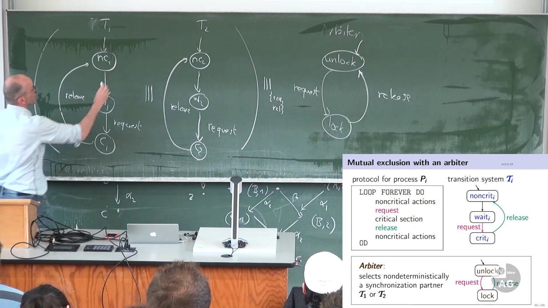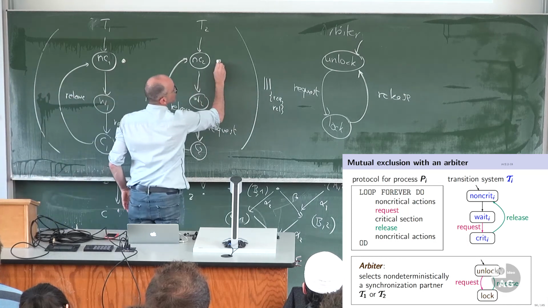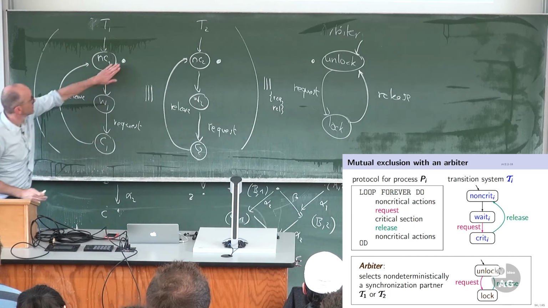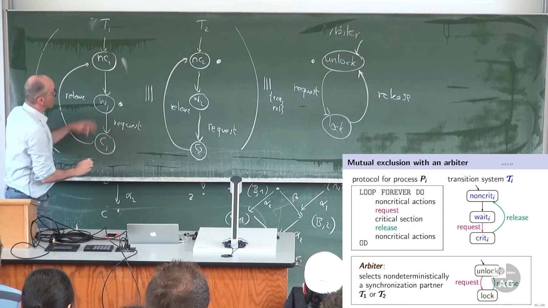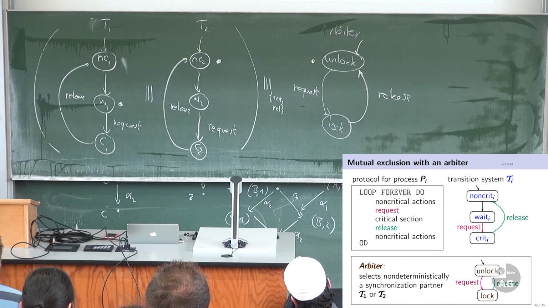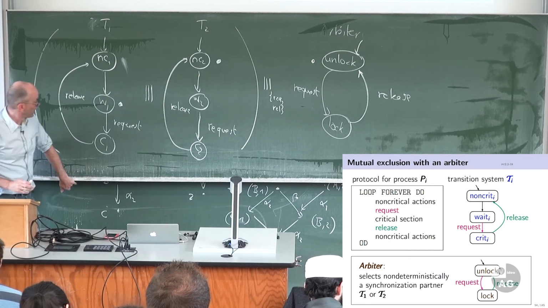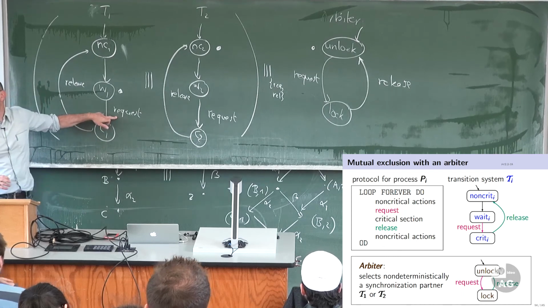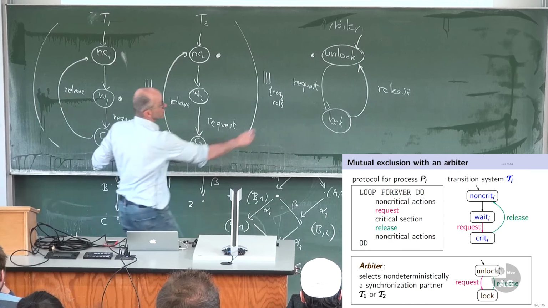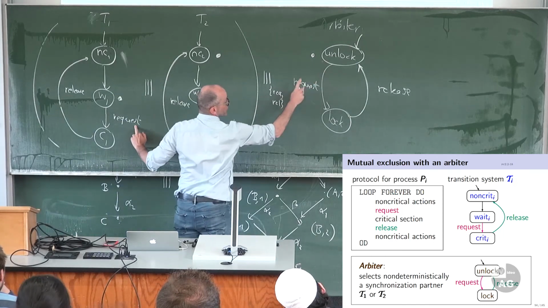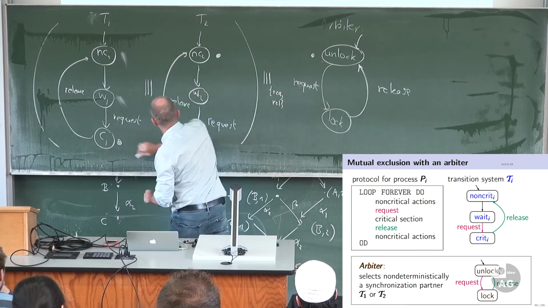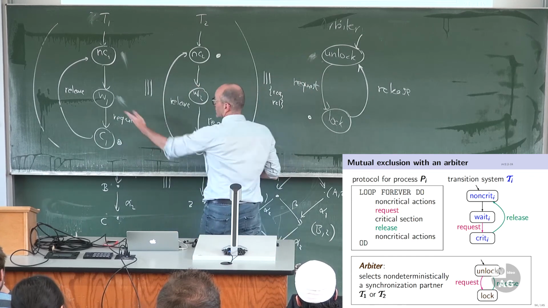So what you see is we start here. Now suppose that the left process starts waiting. It moves there. It can do this autonomously, right? There is some action here that I did not indicate, but it can execute this autonomously. Now it wants to request access to the critical section. Is this possible? Yes, this is possible. In order to do the request, he needs to synchronize with this process. This process is able to do the request. So this one moves to that state, that one moves to that state, and the first thread is in the